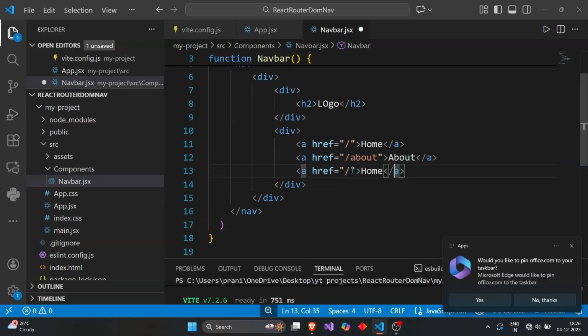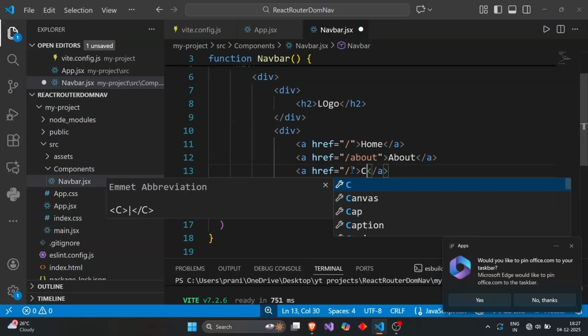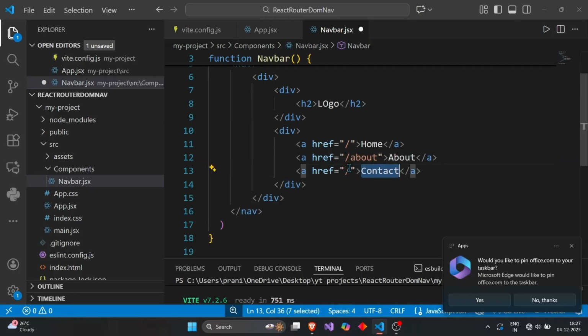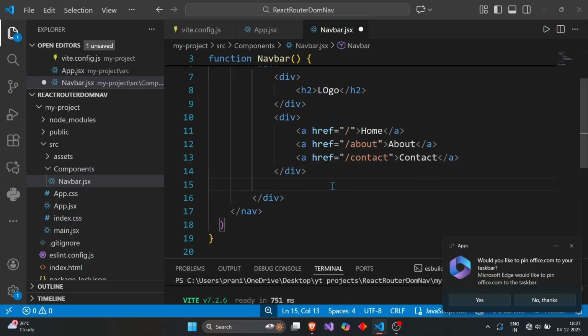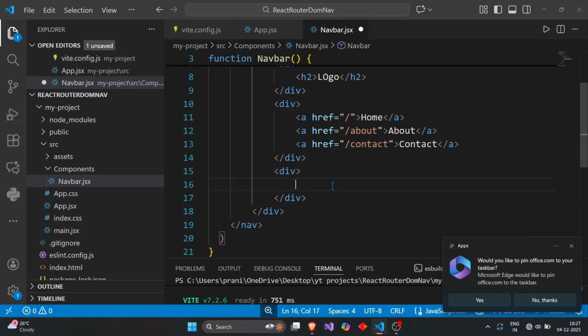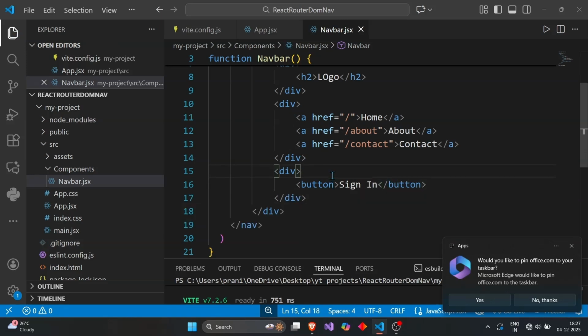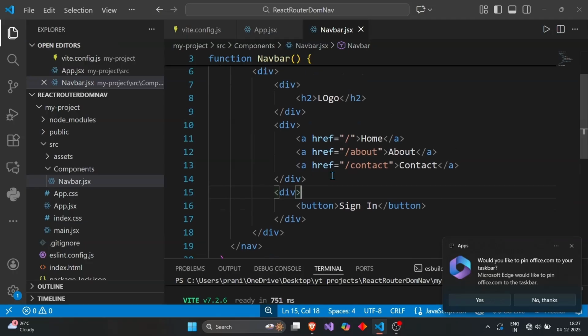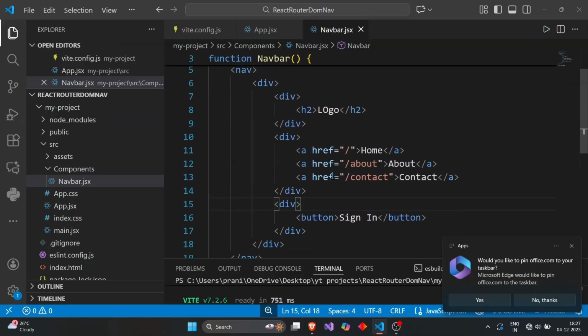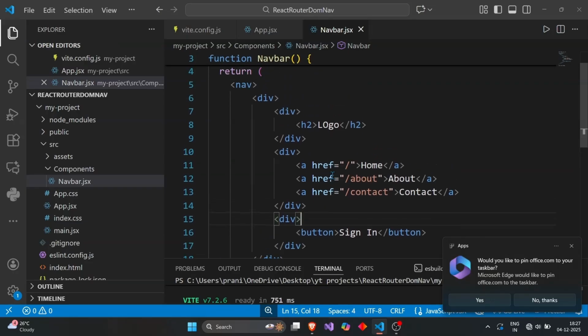Now we will use only 3 items such as home, about and contacts, and its address will be like slash, then slash about and slash contact. Then again we will create another div for the sign in button, so it will be at right hand side. So there are three divs mainly, so they will be situated at 3 different sides. Like first will be at left hand side, then second will be in middle, and third will be at right